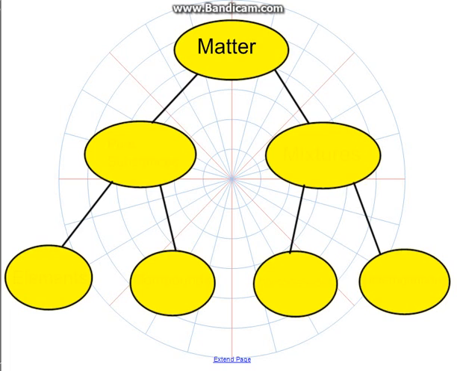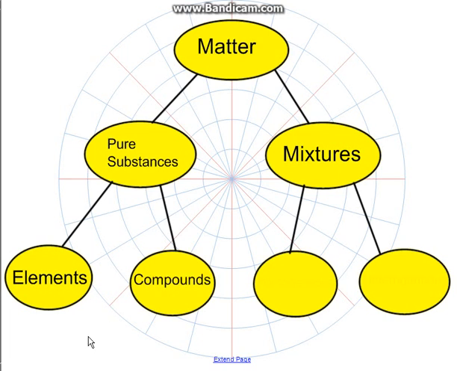To summarize classifications of matter, I have this little flow chart here. So, matter, remember, is anything that has mass and takes up space, and we can classify it into pure substances and mixtures. There are 2 types of pure substances: the elements, which cannot be broken down any further, and compounds, which can be broken down into their component pieces. Mixtures are 2 or more substances mixed together, and they can either be homogeneous, meaning it looks uniform, or heterogeneous, meaning we can tell the different parts apart from each other.